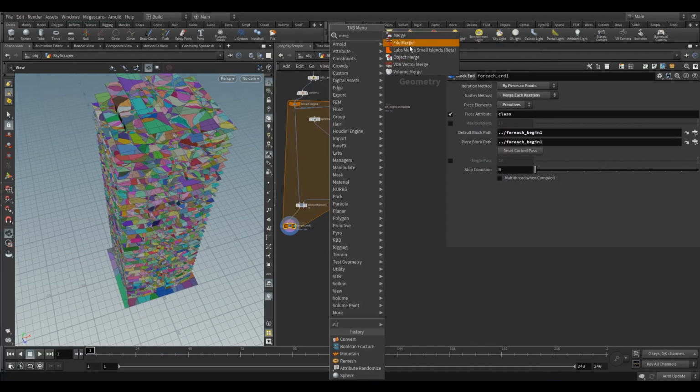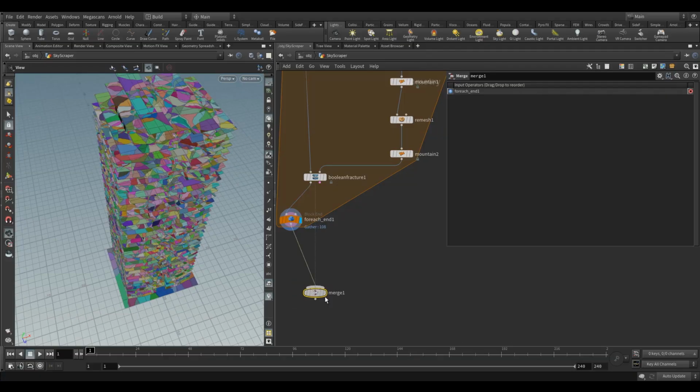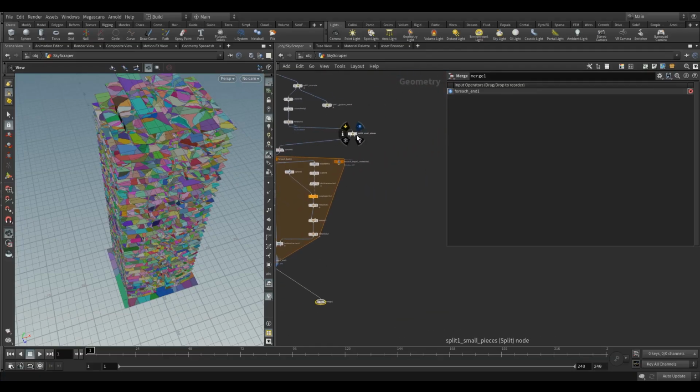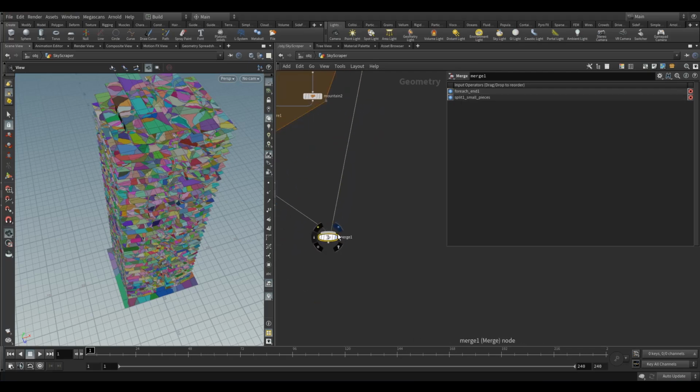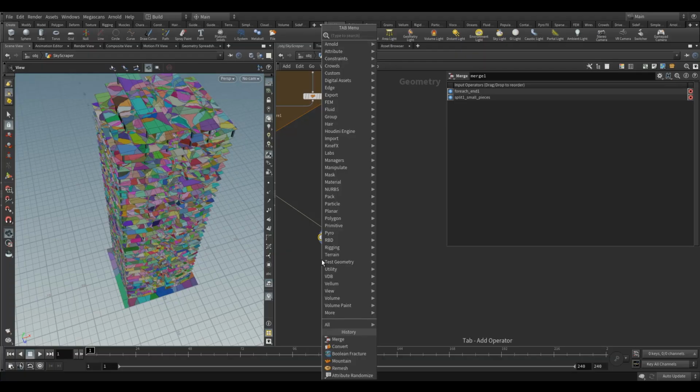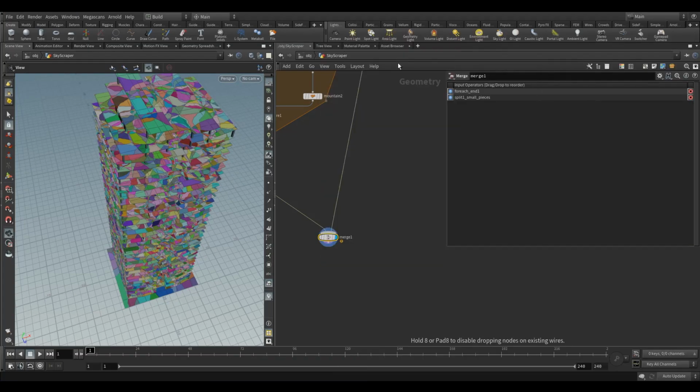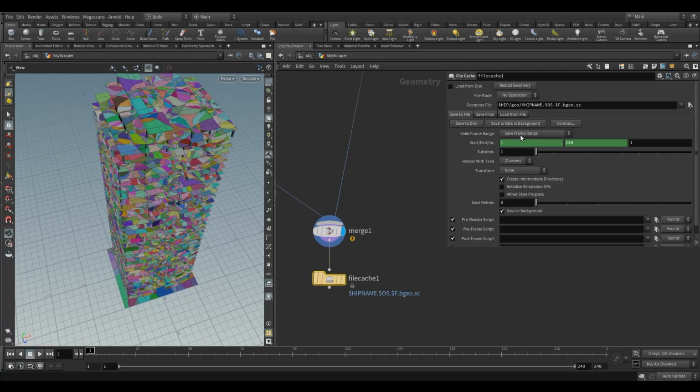So quickly, I'm going to merge these together. Don't worry, I know we'll have the repeating name attribute from here, but we'll just assemble that again later. And I'm going to merge those pieces in together and file cache this. Save current frame into geo is fine, and let's call it concrete frac .bgeo, and then save that to disk, load from disk,